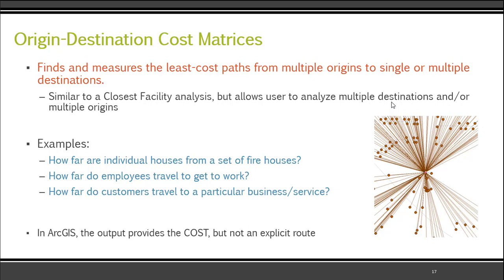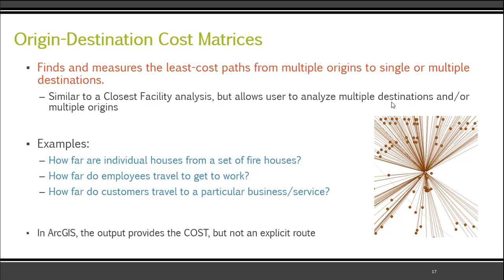So questions you could ask for this are, how far are individual houses from firehouses, and which houses get allocated to which firehouses based upon travel time in a community? So we would input all of our houses as our origins and all of our firehouses as destinations, or you could even flip that. So one is an origin and one is a destination. And what it's going to do is go through and look at, by travel time, how far you are to each of these firehouses or how far you are to each of